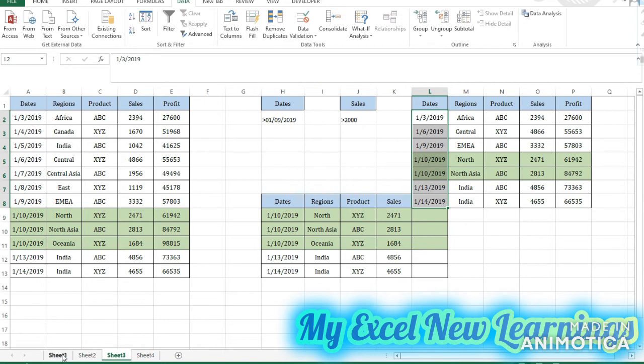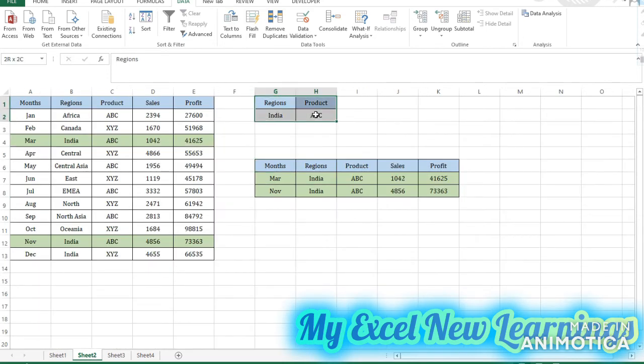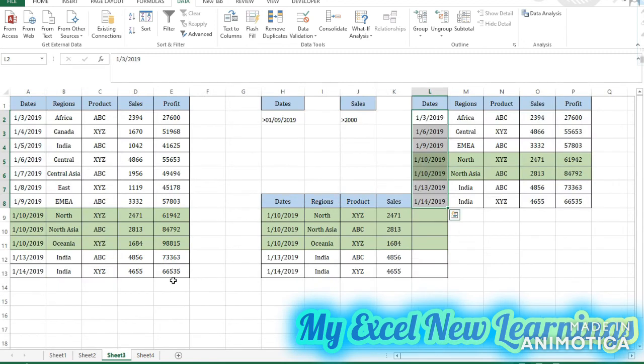So we have seen now 3 options of the advanced filter. One is for single criteria, the second one is for multiple criteria, and the third one is greater or smaller or equal. So now we will see, the advanced filter should give us the data to the other location. It has to pull the data as per our criteria and it should paste to the other location.